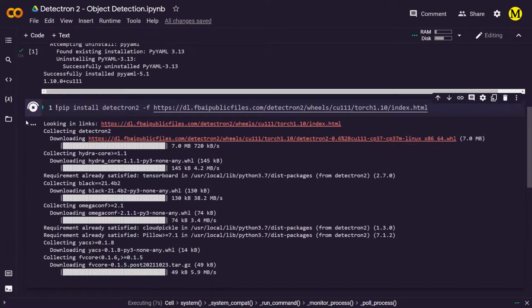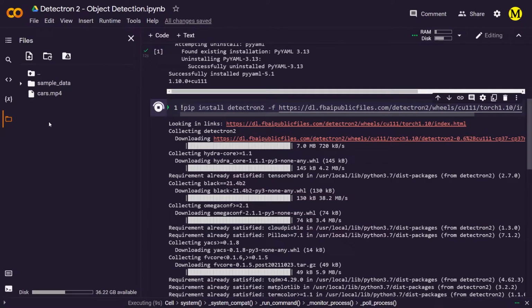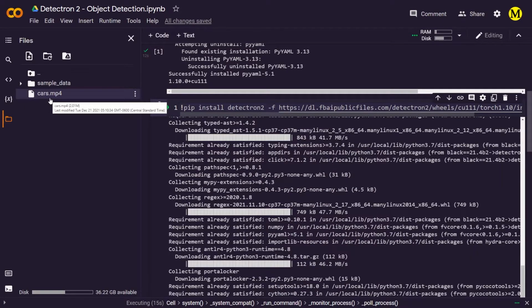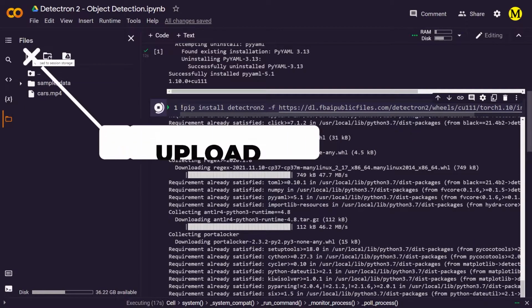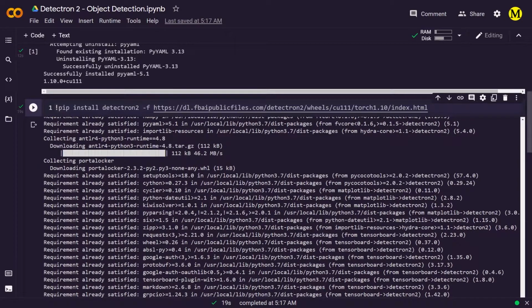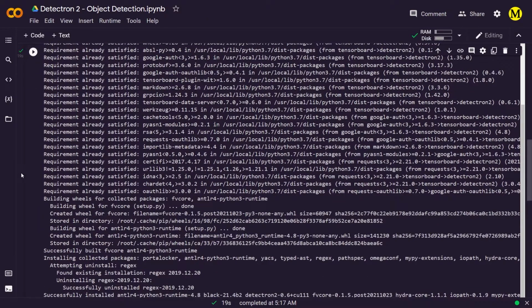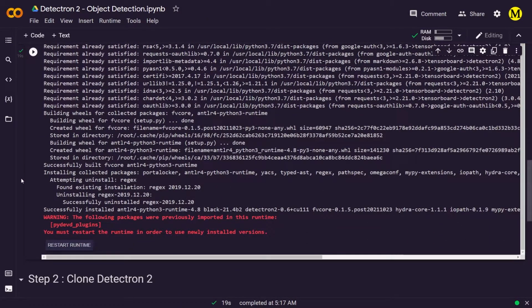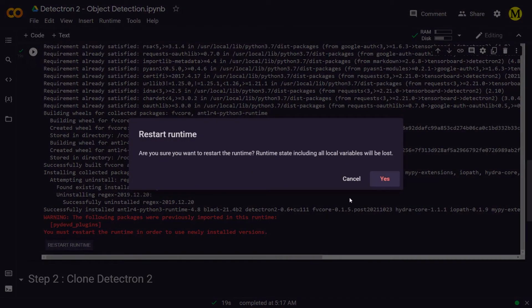Another thing that I did here was just uploaded a sample video that I would be using for this purpose. I just uploaded a random video, and up here you just go in and click on upload to the session storage, and it'll upload that video. And then hence we can use this for the inference purpose that we will do in the next stage. So it looks like Detectron2 was installed by the firm from Facebook, and we just click on restart runtime, and